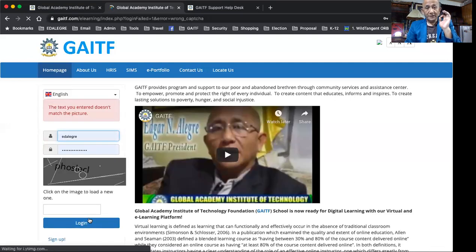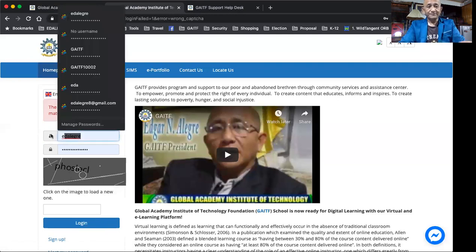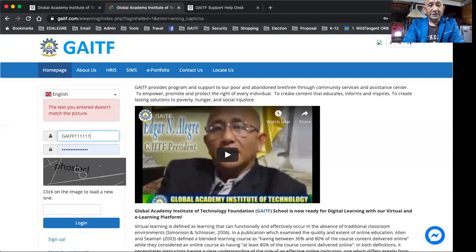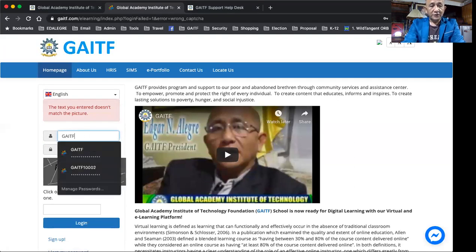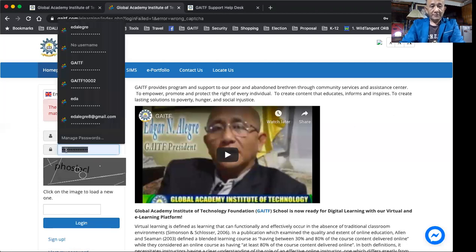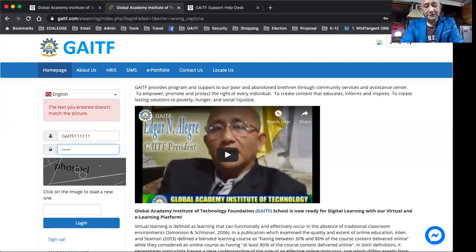So if you are having an error, it says the text you entered does not match the picture. In other words, whatever is written here is not properly copied. Okay, let's do it again. Take note, if you do not enter the correct credentials, then you will have a problem logging in. Once you have all the credentials entered correctly and copy the characters given to you correctly,